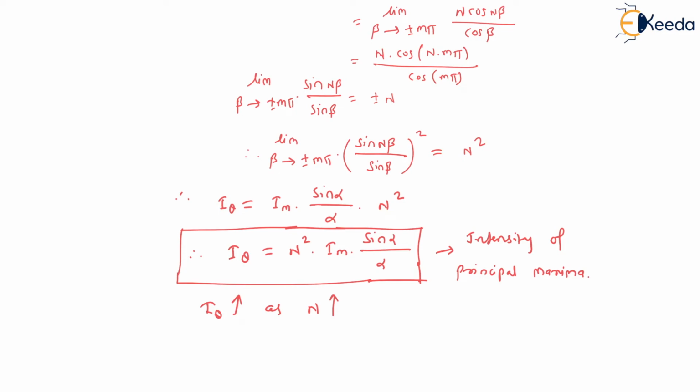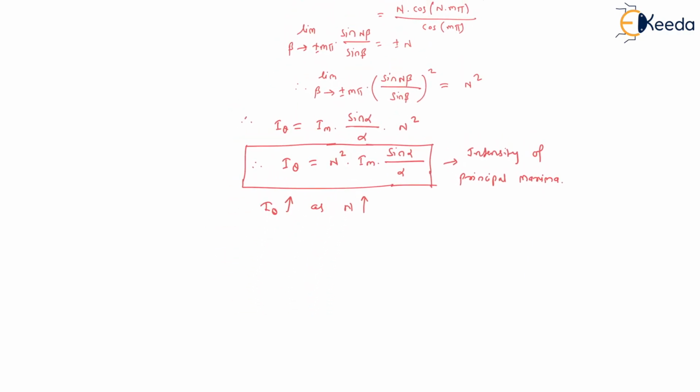Now again see, the intensity of the central principal maxima will be maximum, and then on both sides of the diffraction pattern the intensity goes on decreasing, just like in the previous cases of single slit and double slit. Now we'll check it out. Therefore, the condition for principal maxima is. Now we'll write the condition in terms of phase difference as well as path difference.